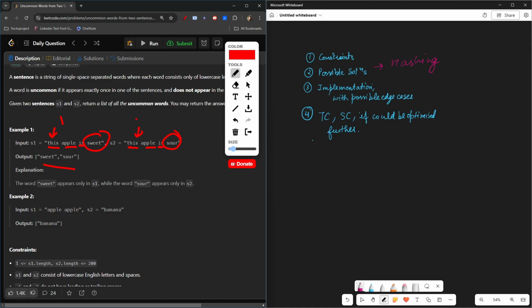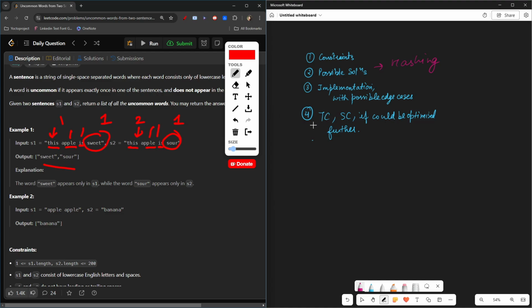First would be here and second one would be here. Then same goes for this, same for this, same for this, right? But this would have one as the frequency and this would have just one as the frequency, right? So that's why we can easily check that whichever words have the frequency as one,